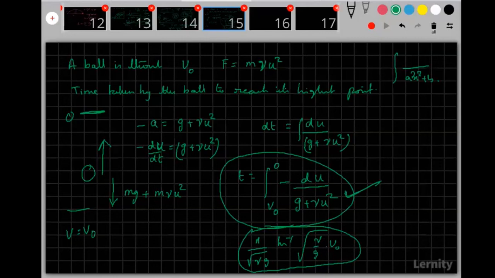So in this case, all that you have to do is note that the body is going up with some velocity. There is a drag on it. The drag is equal to mg plus m gamma u squared, where u is the instantaneous velocity. This is the downward force, so the acceleration is g plus gamma u squared. So du by dt is equal to this much. That's it, there's nothing else here. All that you need to know is how to integrate this. Once you know this format, it becomes very easy.